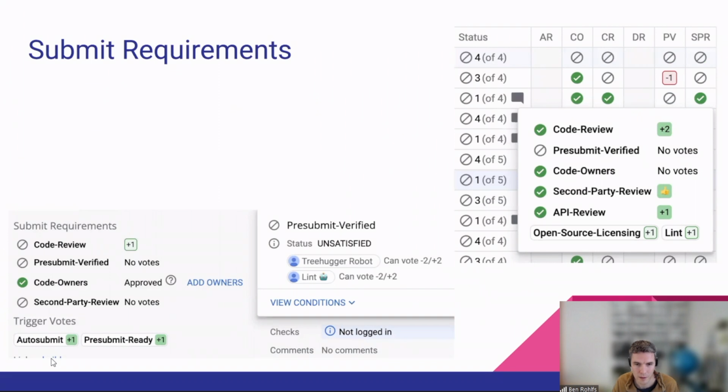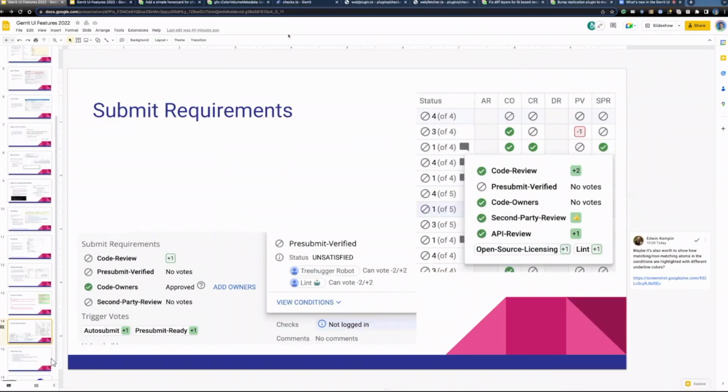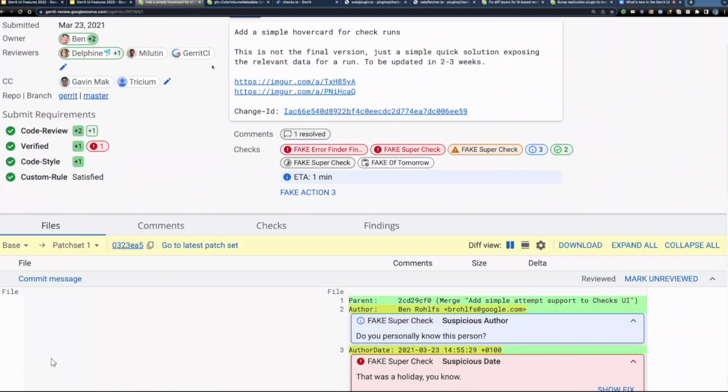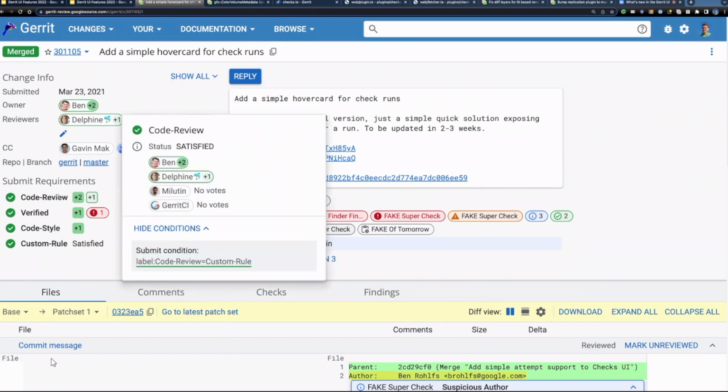And what I like extra much is this view conditions thing. I think for that one, I definitely want to quickly go into presentation mode. It's not super fancy, but whenever you think, oh, what's this submit requirement, and you don't really understand it, you can actually go and look at what the actual condition is. And